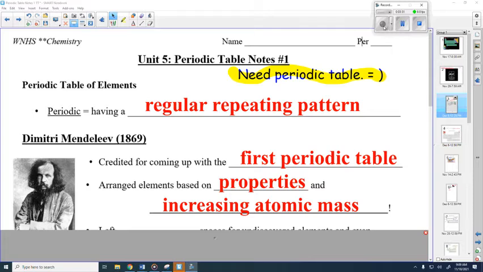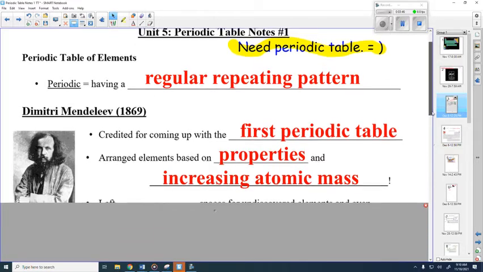Okay, I don't really know if he was sensitive or kind or whatever, but I'm just saying, I actually had a Russian student my very first year of teaching, and she's like, oh yeah, in Russia, we don't call it the periodic table of elements, we call it Mendeleev's table. They love him. They love him so much. Anyways,